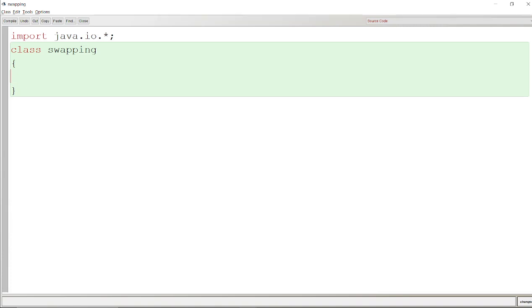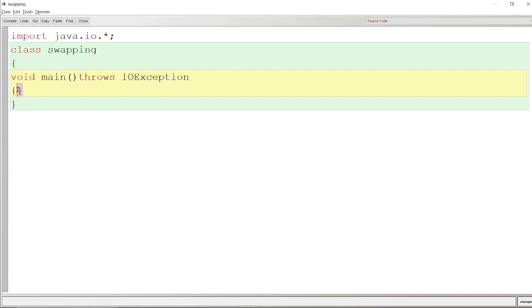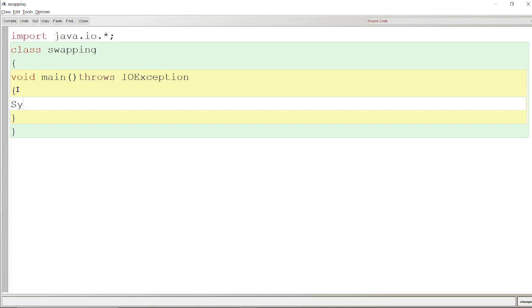We can also avoid writing static in main, because static is not necessary every time. So it is void main, and here we write throws IOException. Now define the scope. Inside this, I have told you to create objects of this IO class. So what they use is the input stream